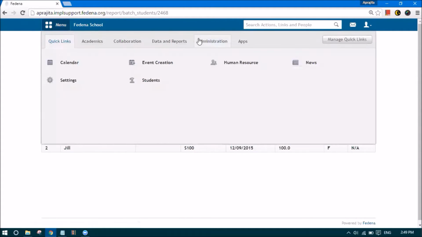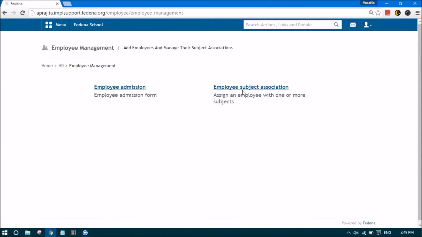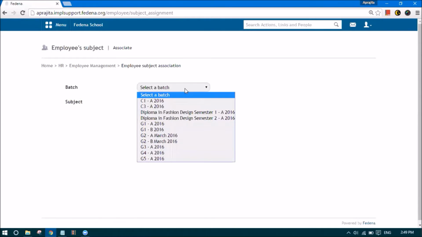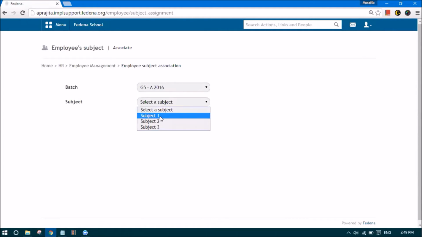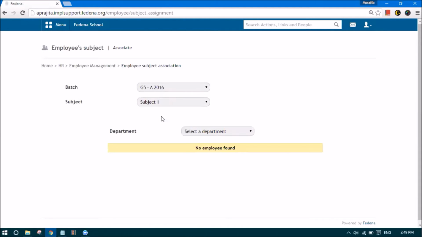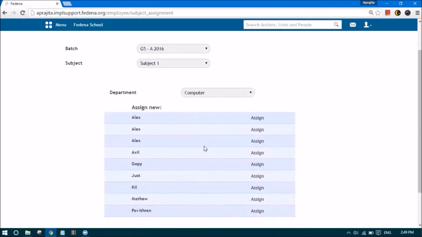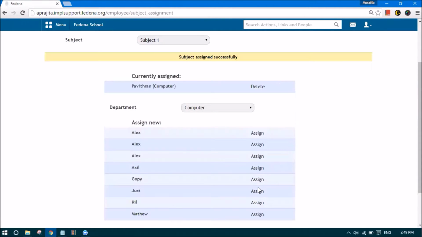For the subjects that I've added, now I should associate teachers. So assuming that I already have employees in the system, now I will select the batch, select the subject. So I want to say here that for subject 1, who is the teacher? I will select the department of the employee, teachers will appear, and I will assign the teacher.